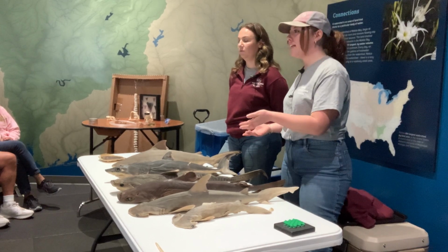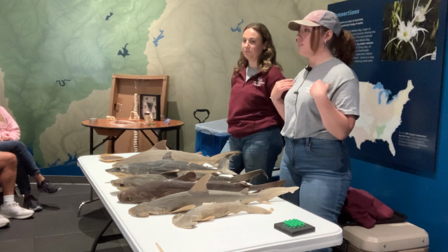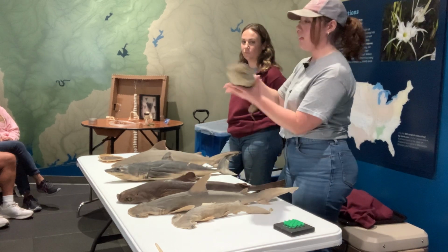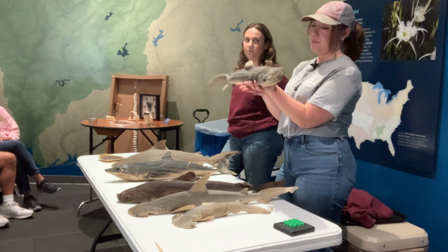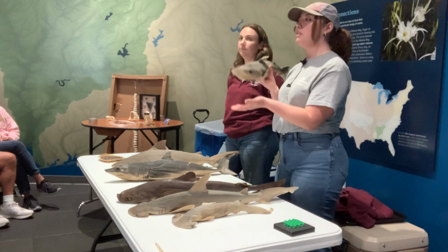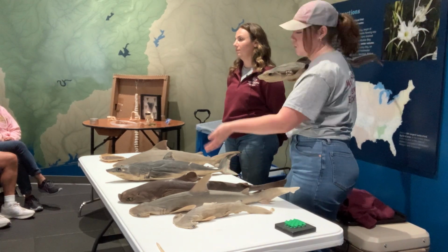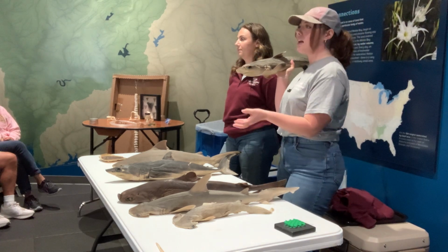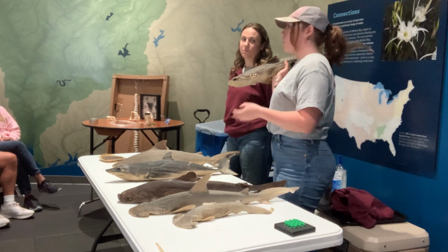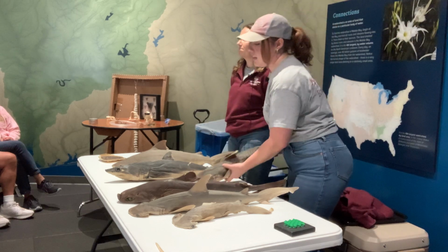But to go along the same lines as that songbird that those guys found, our lab did a pretty cool study a few years ago, just before we got here. We kept catching these baby tiger sharks on our long line, which we'll talk about a little bit later, the kinds of research that we do. But when we pull these sharks on board, sometimes they regurgitate whatever's in their stomach, just out of stress, you know? And we noticed that they kept coughing up bird feathers, which maybe isn't so unusual. You know, maybe they were picking off seagulls that landed at the surface,